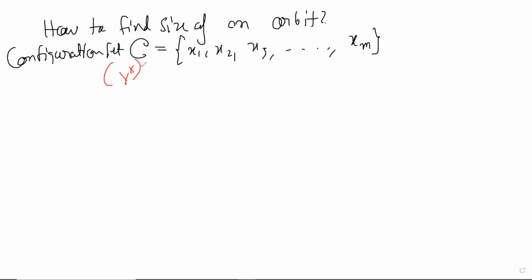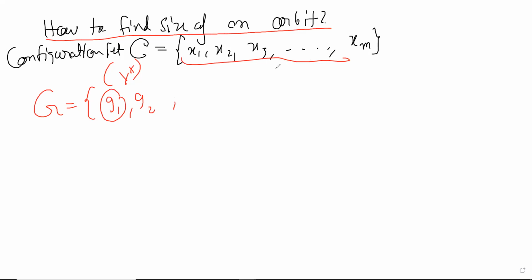Before we find the orbits and count the number of orbits, we have this gross set of configurations, and we have a group. Now I'll make this a general group, meaning that these are the motions. Like x1, g1 will move these things. It may fix some things.